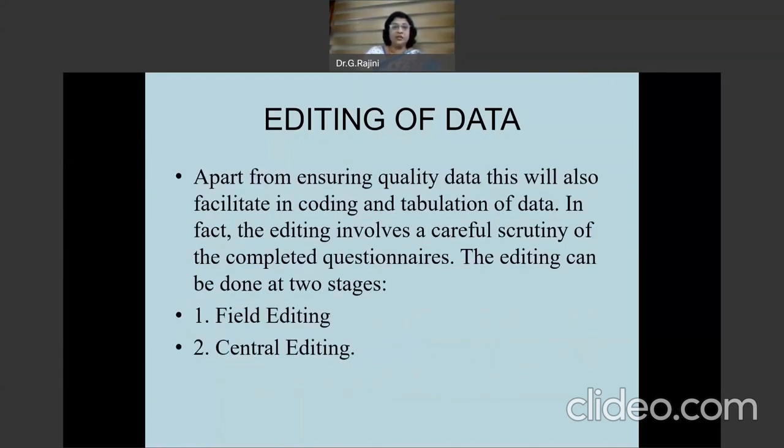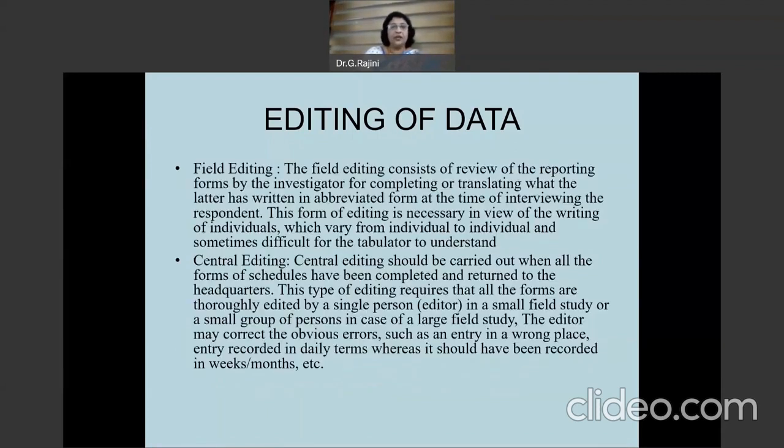Editing of data can be done in two stages. One is field editing, another one is central editing. Field editing consists of review of the reporting forms by the investigator himself, for completing or translating what the writer has written in abbreviated form at the time of interviewing the respondent. Sometimes we may write abbreviations, like shortcuts. So this form of editing is necessary in view of the writing of the